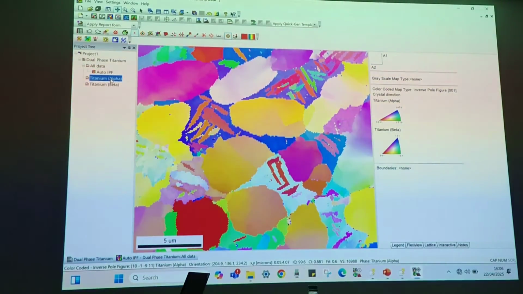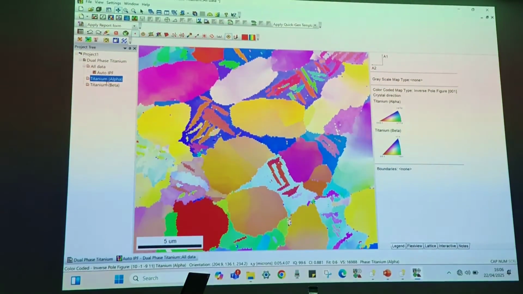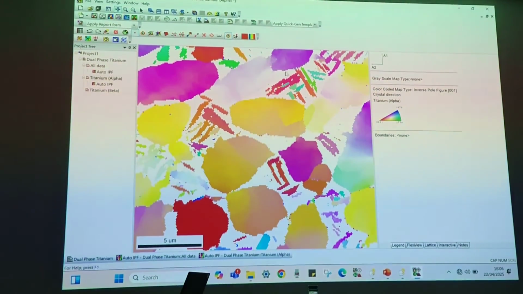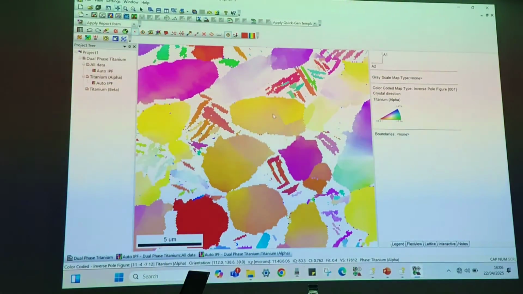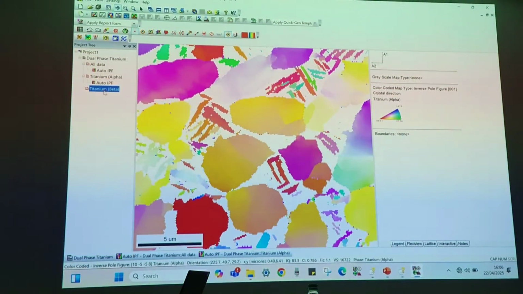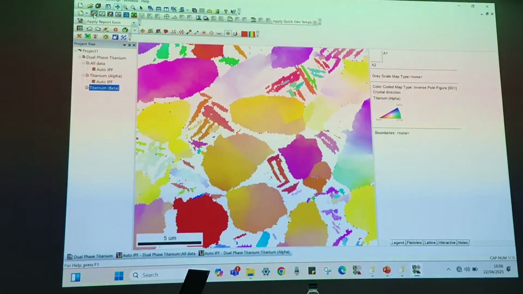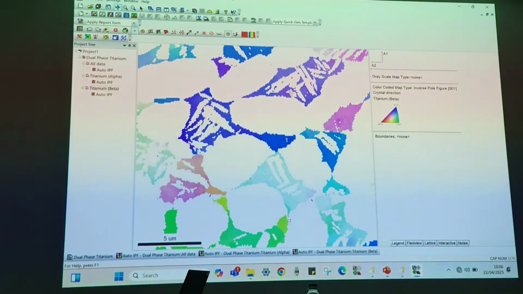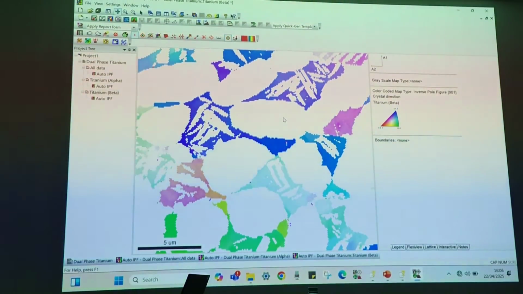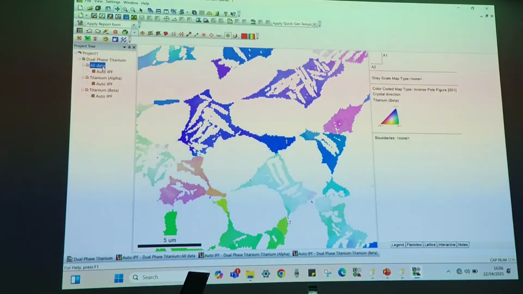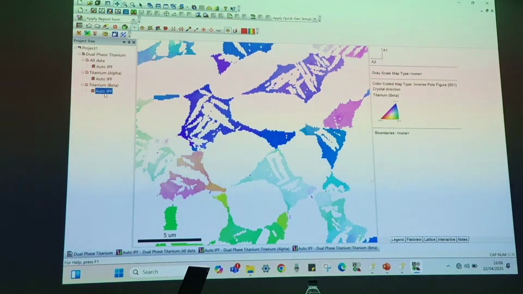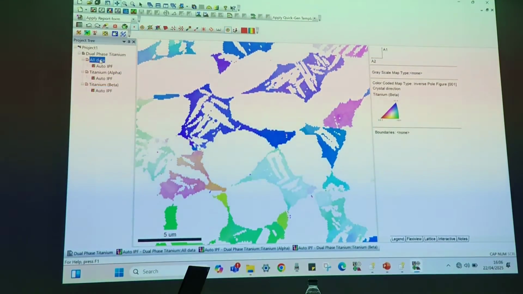Now if you want to see those alpha and beta grains separately, then I can select this alpha phase and click on inverse pole figure. Whatever color region you are seeing belongs to your alpha grains. The white region belongs to your beta grains. Similarly, if I want to see the grains only for the beta phase, I can click my IPF map again. Whatever colored image you are seeing, those are your beta grains, and the white region belongs to your alpha grains. So either you can do all the analysis on all data, or individual phases can be selected, and then you can do the individual analysis on that data set.